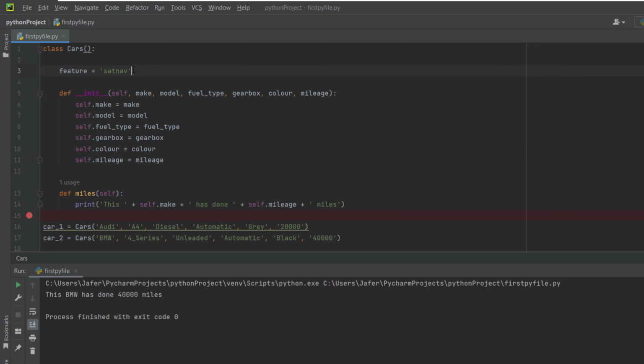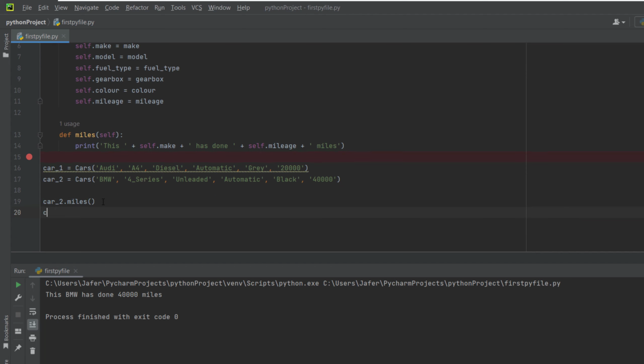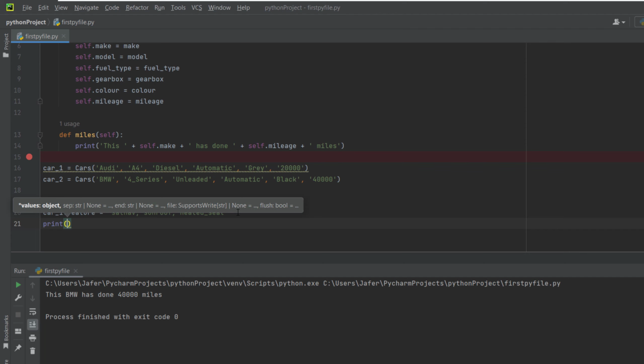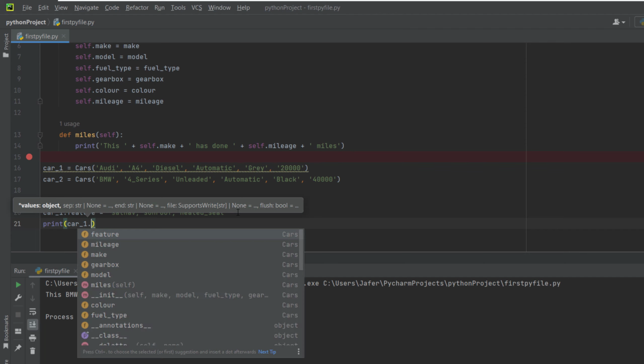For example, let's say car 1 has two features. It has a sat nav and it has a sunroof as well. So down here we can do car_1.feature. Let's add heated seats in there as well. So it has 3 extra features, does this car. Now just to confirm that has worked, what we do is print and inside parentheses car_1.feature,